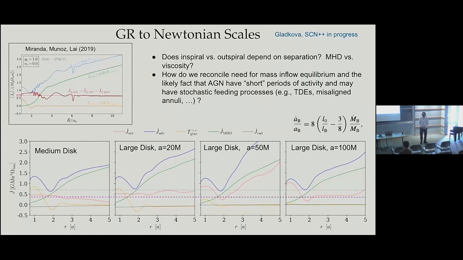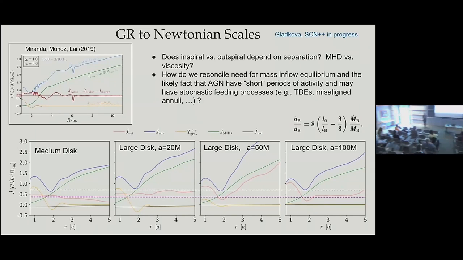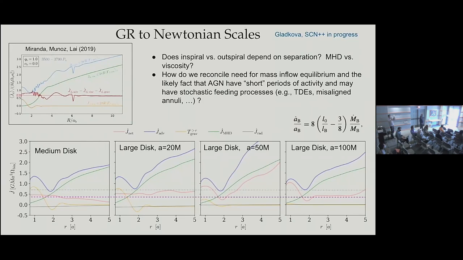Alberto here. So no, I wasn't meaning for sure that you were using 1PN, Scott. Well, I have a question for Scott. In this large disk with A100M, did you try to match this, to translate this into, let's say, standard alpha simulations, so to do the map between the two?